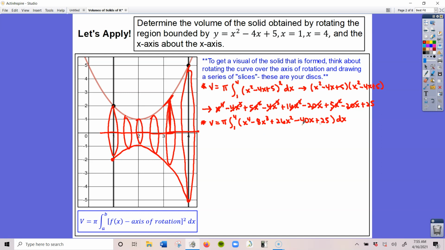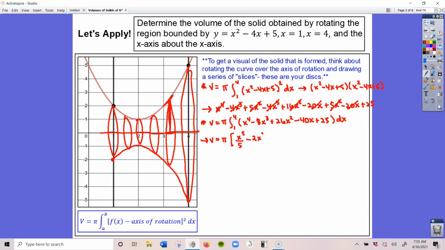Now the integration process within itself is not too difficult because this is just a regular polynomial equation. So we're going to add 1 to the exponent and divide by the new exponent. So we get that volume is going to equal pi. Now I can leave this pi outside and just multiply it at the very end. I'm going to open a bracket here so I can integrate. So this would be x to the fifth over 5 minus, this will be 8x to the fourth over 4,